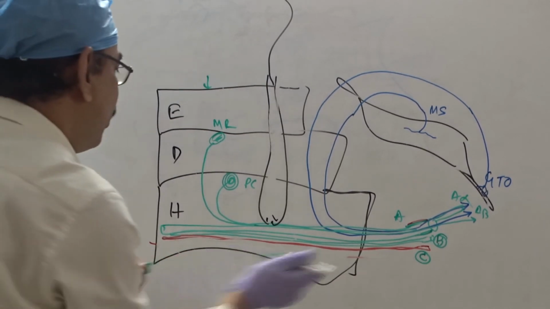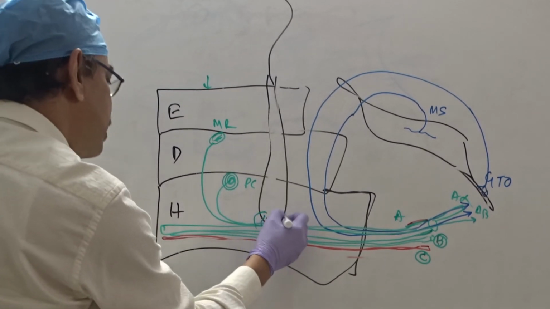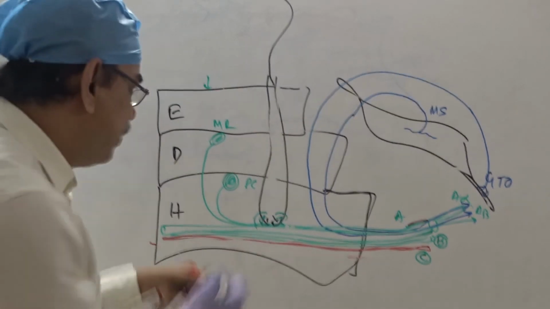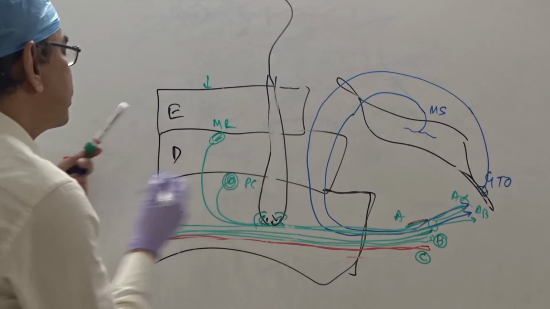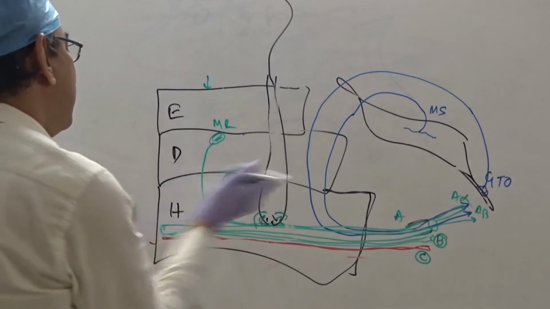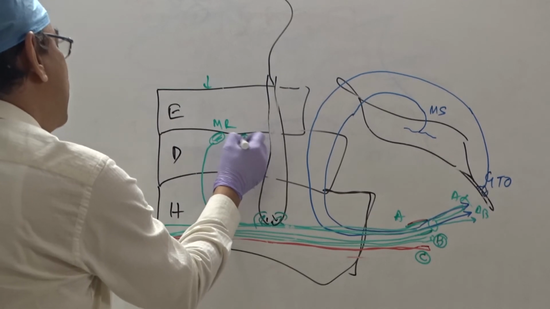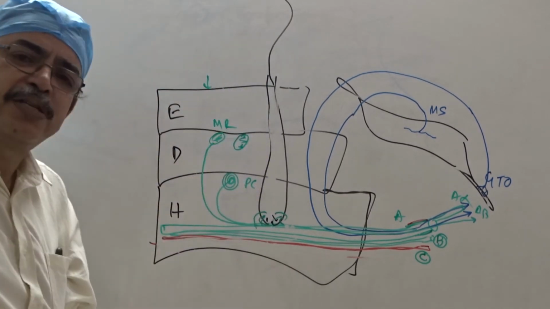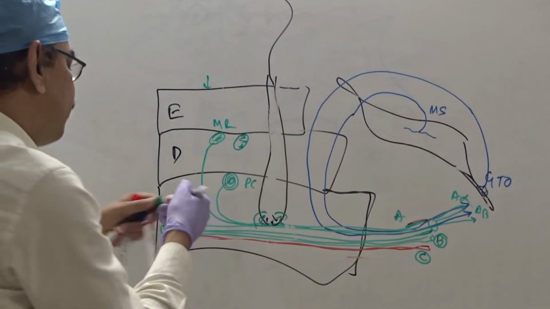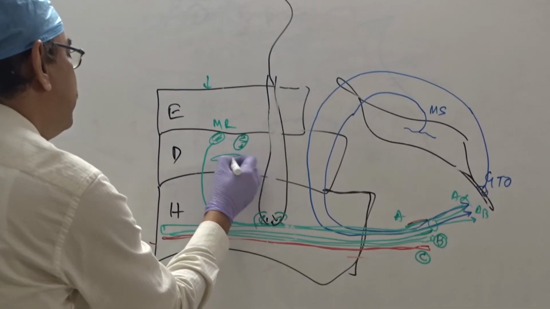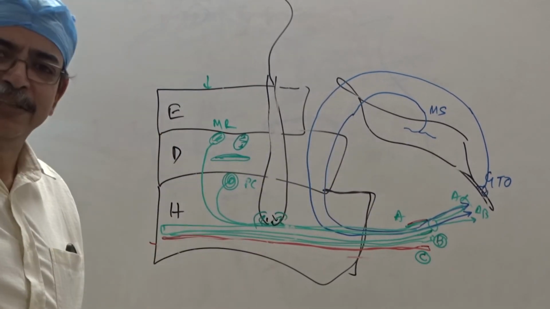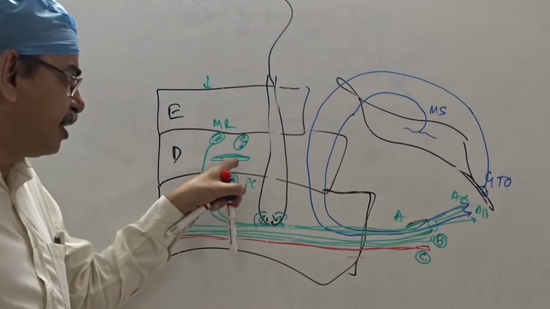There are also some hair cells, this root plexus, that is also A fiber. Similarly, there are also some other receptors, the Merkel disc. Merkel disc, actually it is here, and it also transfers the light touch. Similarly, there are Ruffini's end organs. These are stretched with the skin. When the skin is stretched, there is the deformation.